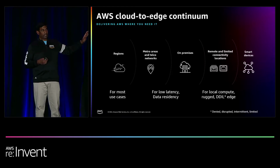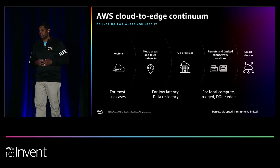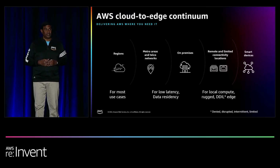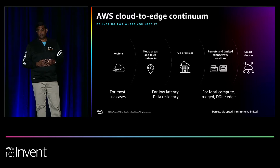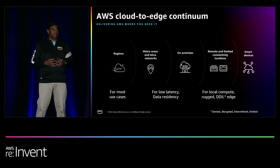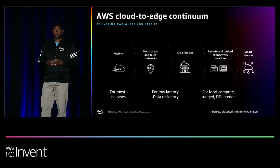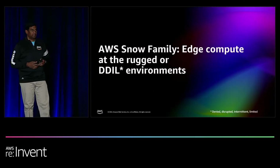And on the further right side of the graphic, you see smart devices. That could be smart industrial equipment, it could be warehouse robots, or it could be smart city devices that are suitable for AWS IoT services, like IoT Greengrass, IoT SiteWise Edge, for use with industrial sensors and equipment, and IoT RoboMaker. I'll dive deeper into the